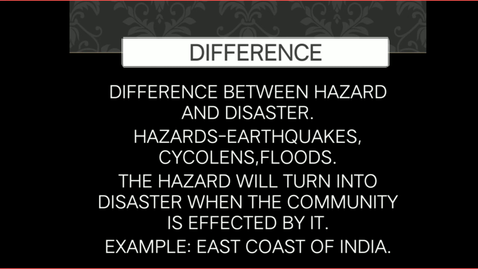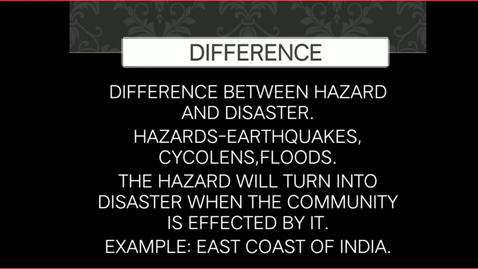First of all, we have to know the difference between a hazard and a disaster, and what a vulnerability profile is, as that helps in capacity building measures. So let us understand the difference between a hazard and a disaster. Strictly speaking, there is no such thing as a natural disaster. All we have are natural hazards like earthquakes, cyclones, or floods. All these are hazards. A hazard is just an event which poses a threat to a community, a set of people.